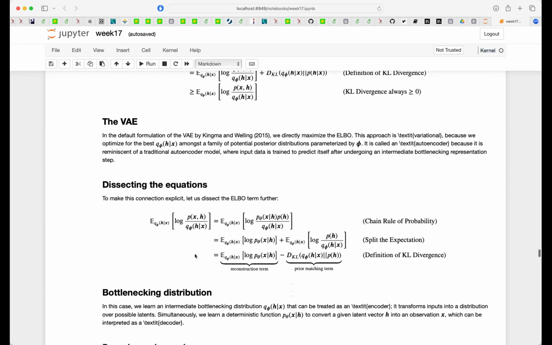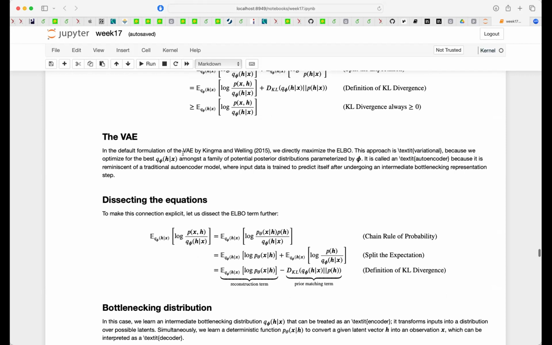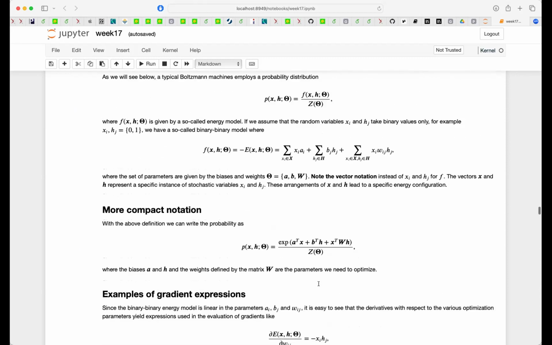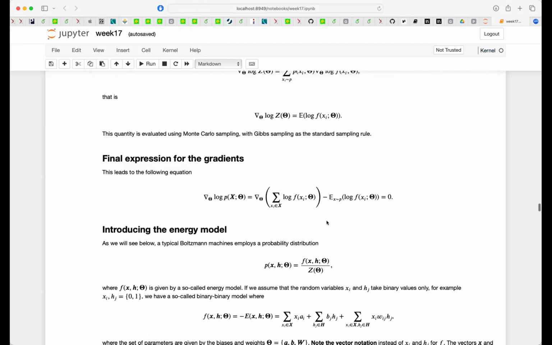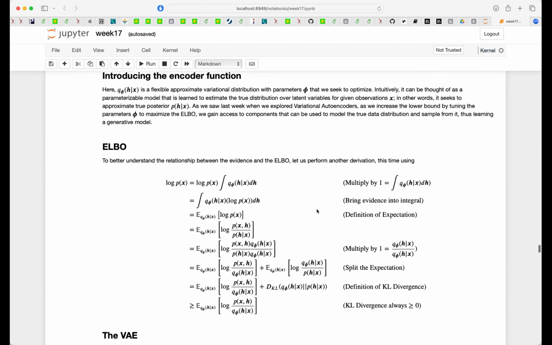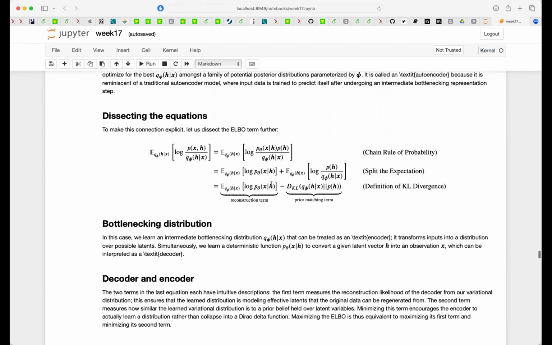So you can rewrite it, and you have a first term, which is given by this one, plus this term, and these are the terms you want to optimize, where you take the derivative with respect to the parameters. So instead of solving these equations which you saw here for Boltzmann machines, the so-called contrastive divergence, now you're actually optimizing by taking the derivative with respect to the parameters, you're optimizing these two terms.